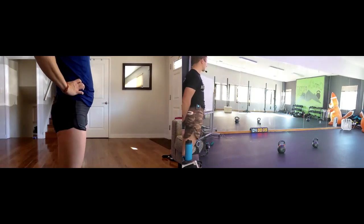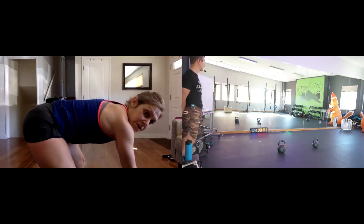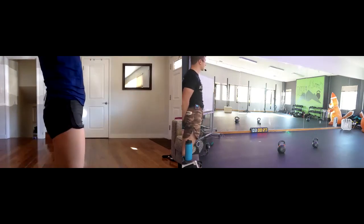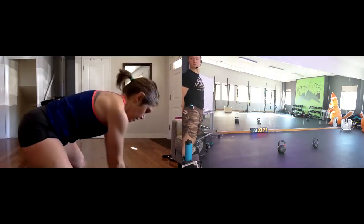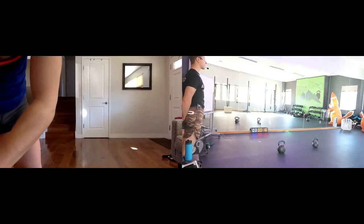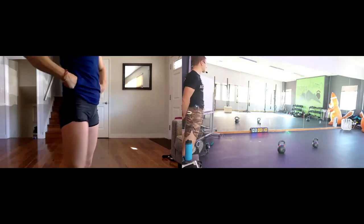10, 5, 2, 1, go. Very good. Only as many as 10 swings remaining. Impressive work, everyone. And Lauren, your swings look excellent. Keep it up. 10,